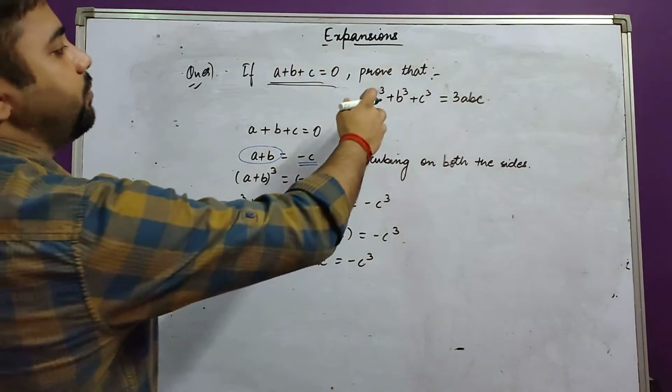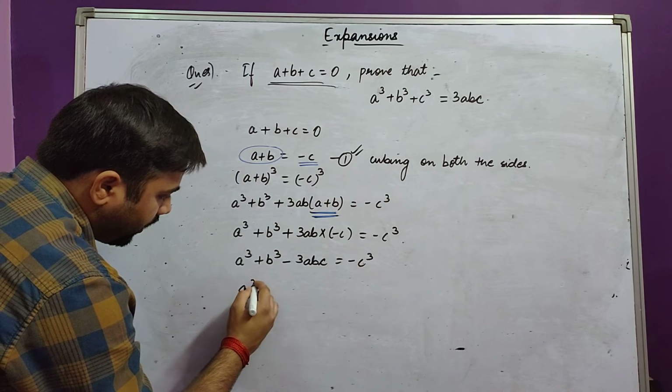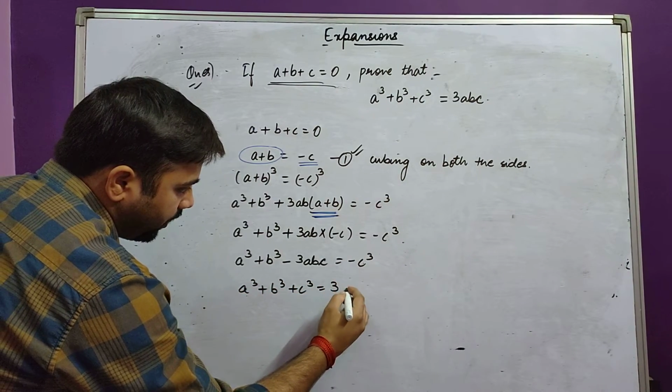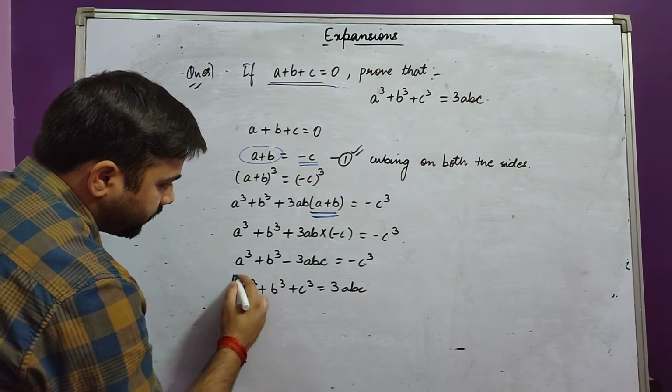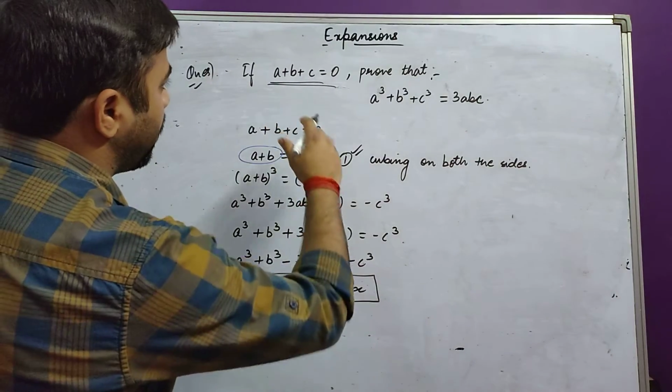Bring a cube, b cube and c cube on one side and 3abc on the other side. It comes out to be a cube plus b cube plus c cube is equal to 3abc. Okay, this is our desired answer. We have proved it,